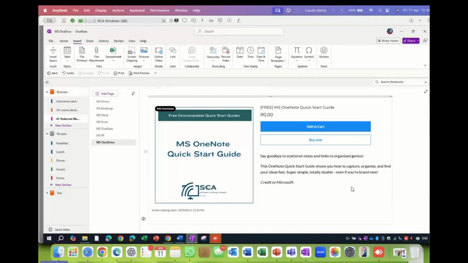When I do that normally, all my screenshots get saved into my downloads folder. In my downloads folder, there's a folder called screenshots. So they all get saved there, and then I have to take it from there to where I want it. But with the screen clipping, I can do it straight into OneNote. And I'm pretty sure, I can't remember now, but we'll deal with that when we get there.